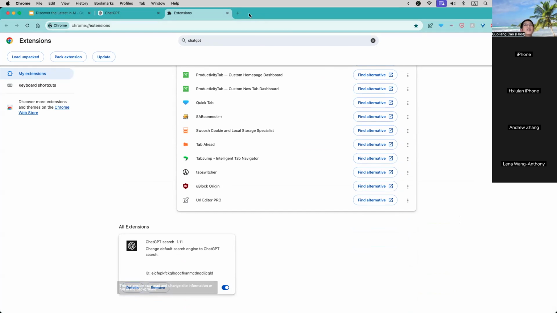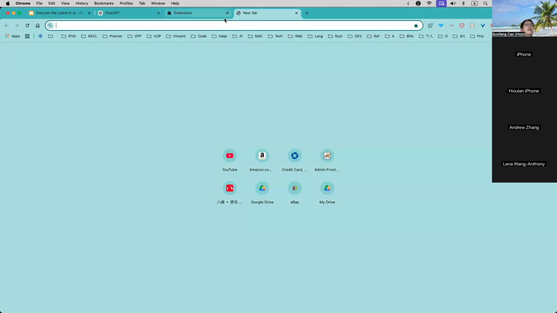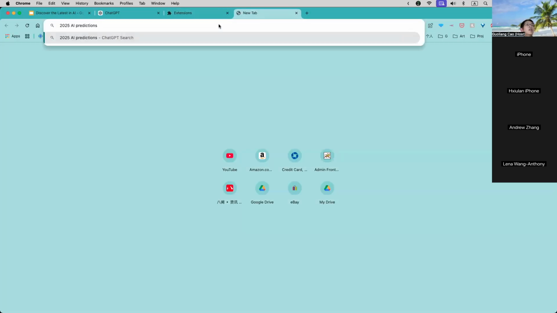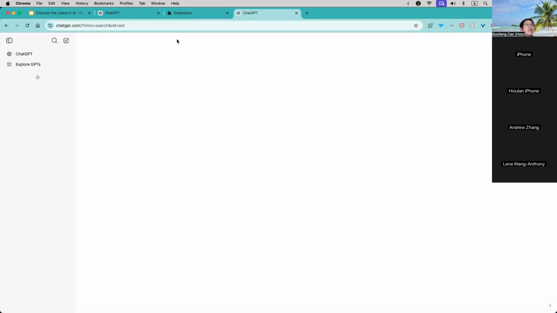So now if I just open a new tab and enter something here, previously it would go to Google and let Google do the search for you, and you would see the results in the Google way. Now, because we enabled ChatGPT, the search will go to ChatGPT.